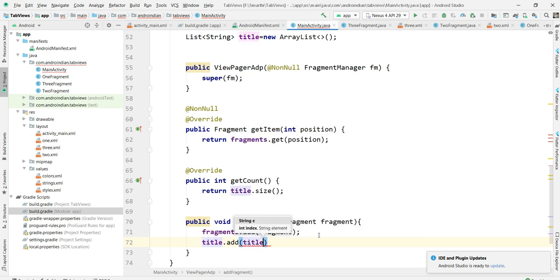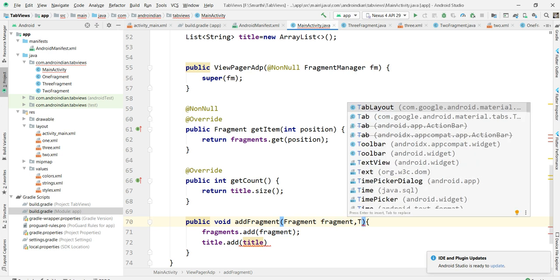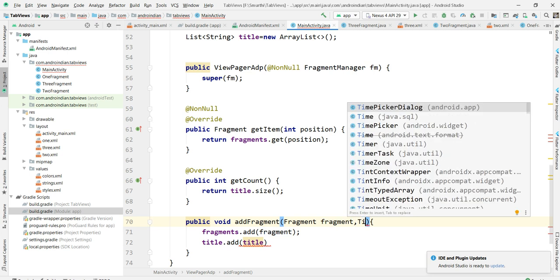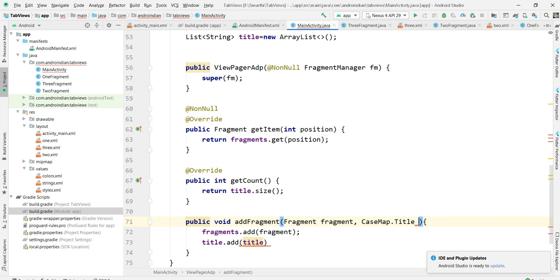So here we need to add the title as well. Here also we need to add one more parameter, that is title. Sorry, it's a string type, that is title. We are adding the title as the title.